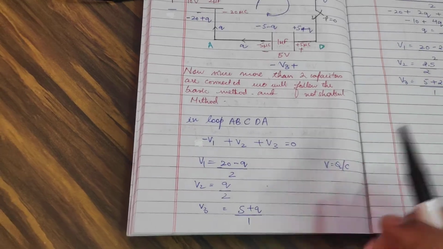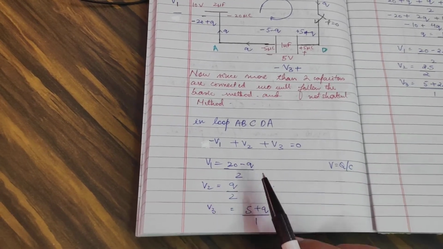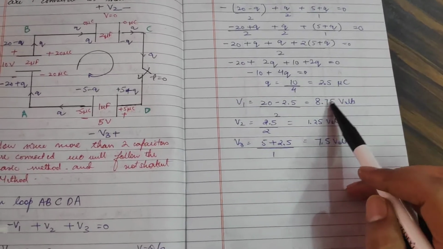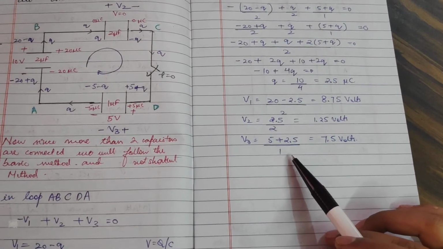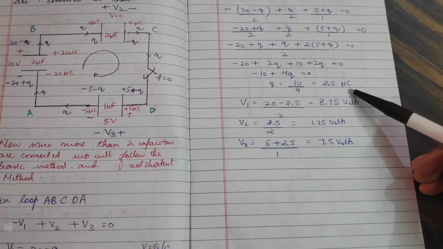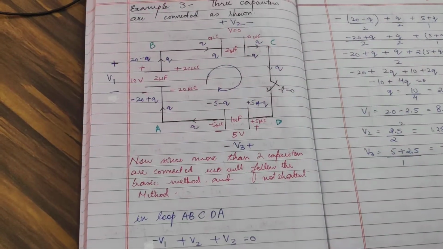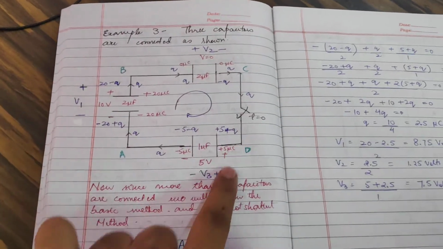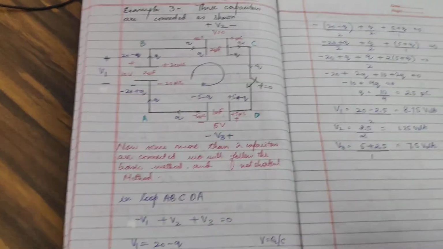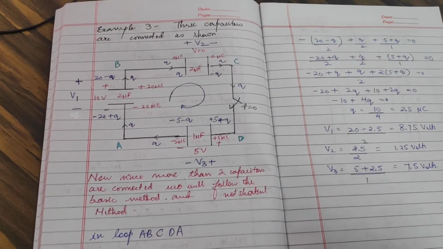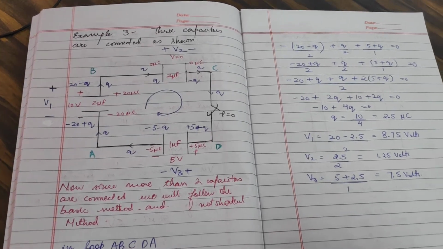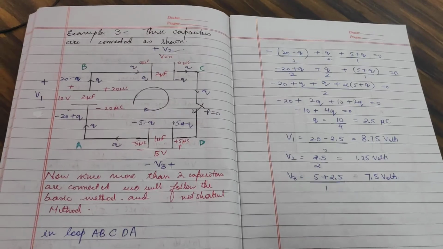So now, in V1, V2, V3, I place the value of Q. And when I place the value of Q, I get the potential across each capacitor. Okay, and since I know the value of Q, I can even calculate the charge on each capacitor. So if I know the value of Q and the value of potential, I can calculate potential energy before and after, and I can even calculate the energy dissipated.